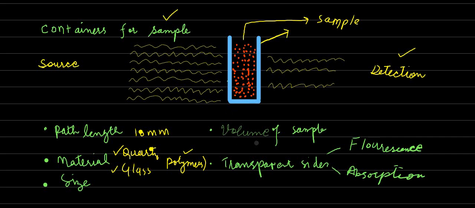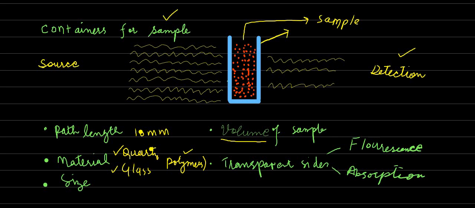How much volume a container can take in terms of analysis is also a parameter on the basis of which various sample cells are available in the market. Macro sample cells are able to contain about 7 milliliters to 35 milliliters of sample, and the standard cells can take up to about 3.5 milliliters of sample. There are also semi-micro and micro cuvettes available which can hold less than this volume, even up to